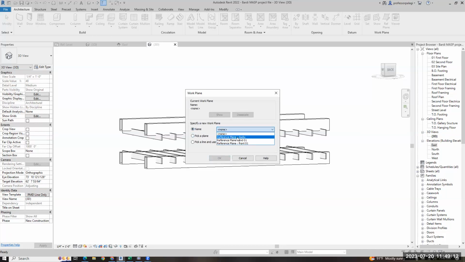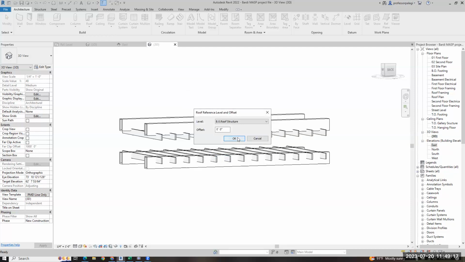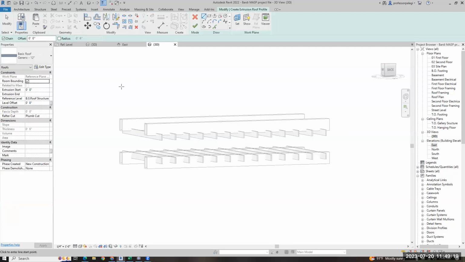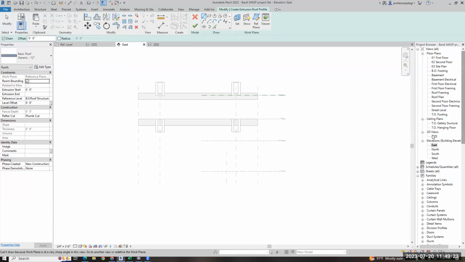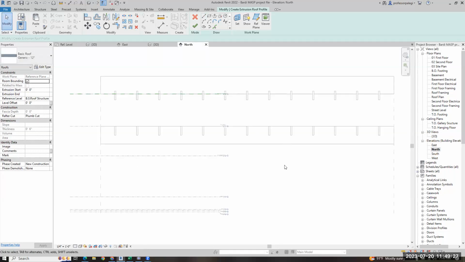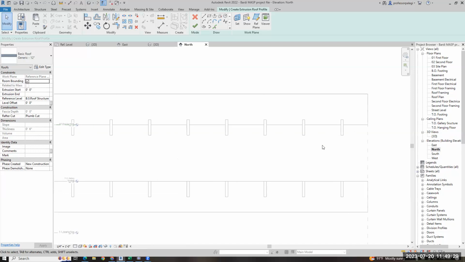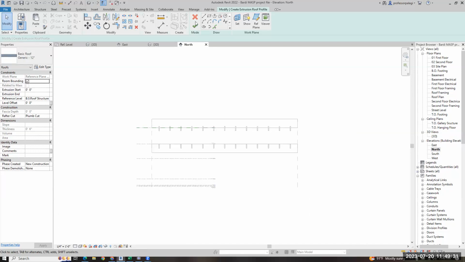Well, now I can say, hey, I want front 01, okay. And it's going to open. Oh, that's funny. Normally it opens the view that I want to see it in. Nobody normally asks, do you want to see it in that view or this view? Okay. Now we can just draw lines in here. If I just draw a line,